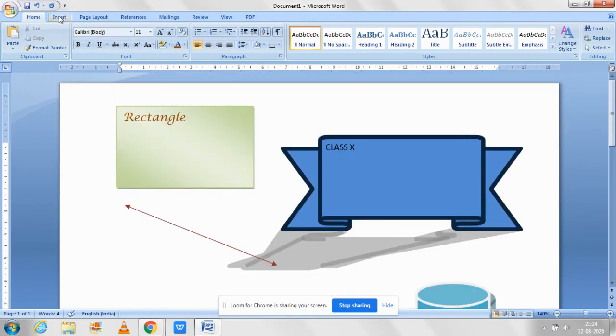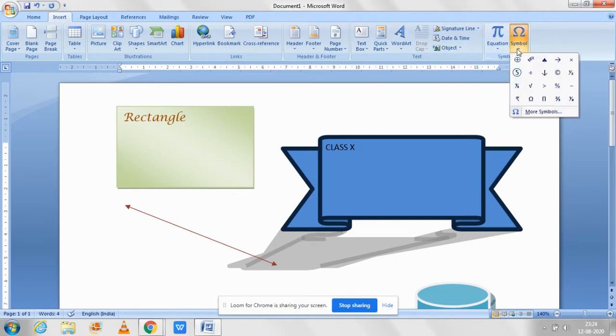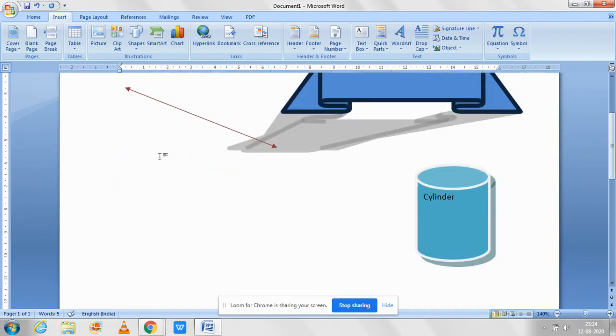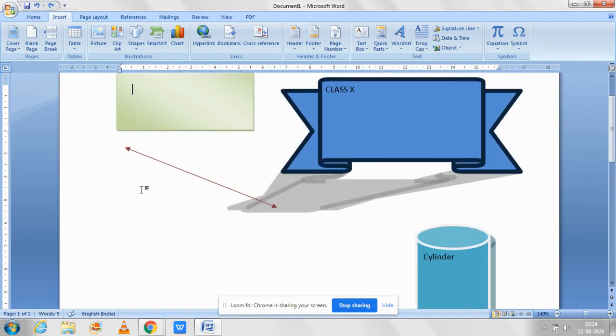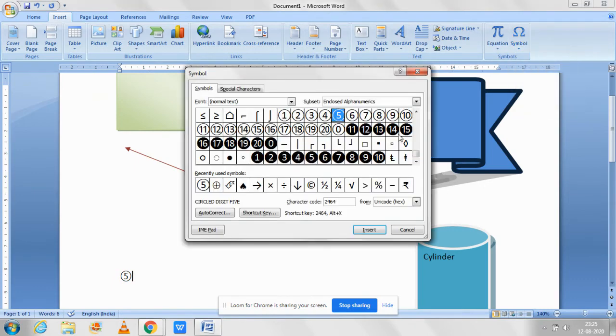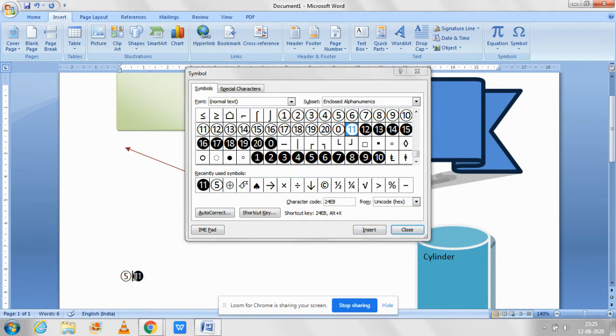Next thing, there are symbols over there. You can use the symbol. Suppose the text is there, and when you click on symbol and select it, the symbol will appear in front of you. More symbols are available, and they can be used according to your need. Here the symbols can be easily inserted one by one. Place the cursor over there, click on this and insert.